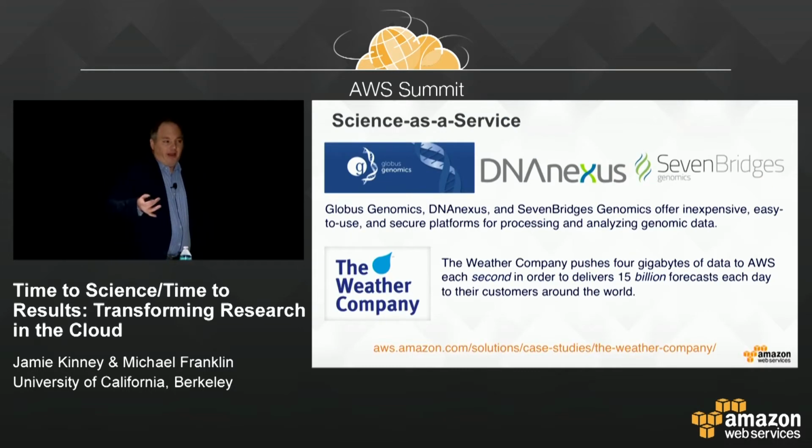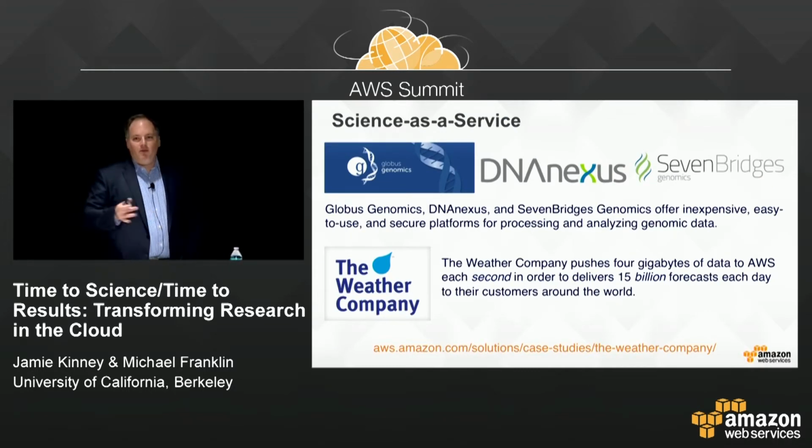And then examples of science as a service applications. The genomics example that I was mentioning earlier, we have many instances of these types of applications running on Amazon. Globus Genomics, a longtime partner of ours, founded out of University of Chicago and Argonne National Lab. DNA Nexus, Seven Bridges Genomics. There's many players in this field that are making it very easy for clinicians and researchers to work with human genomic data in a safe and secure and private way on Amazon, and letting researchers focus on the science instead